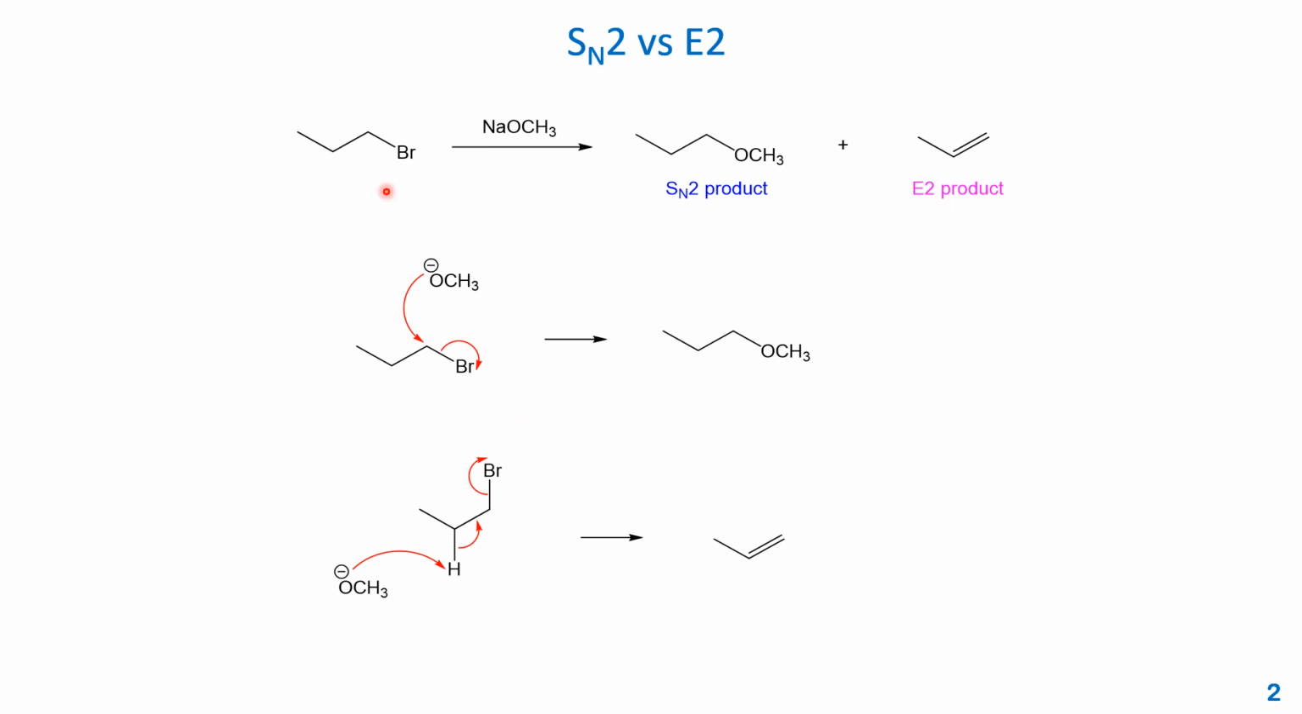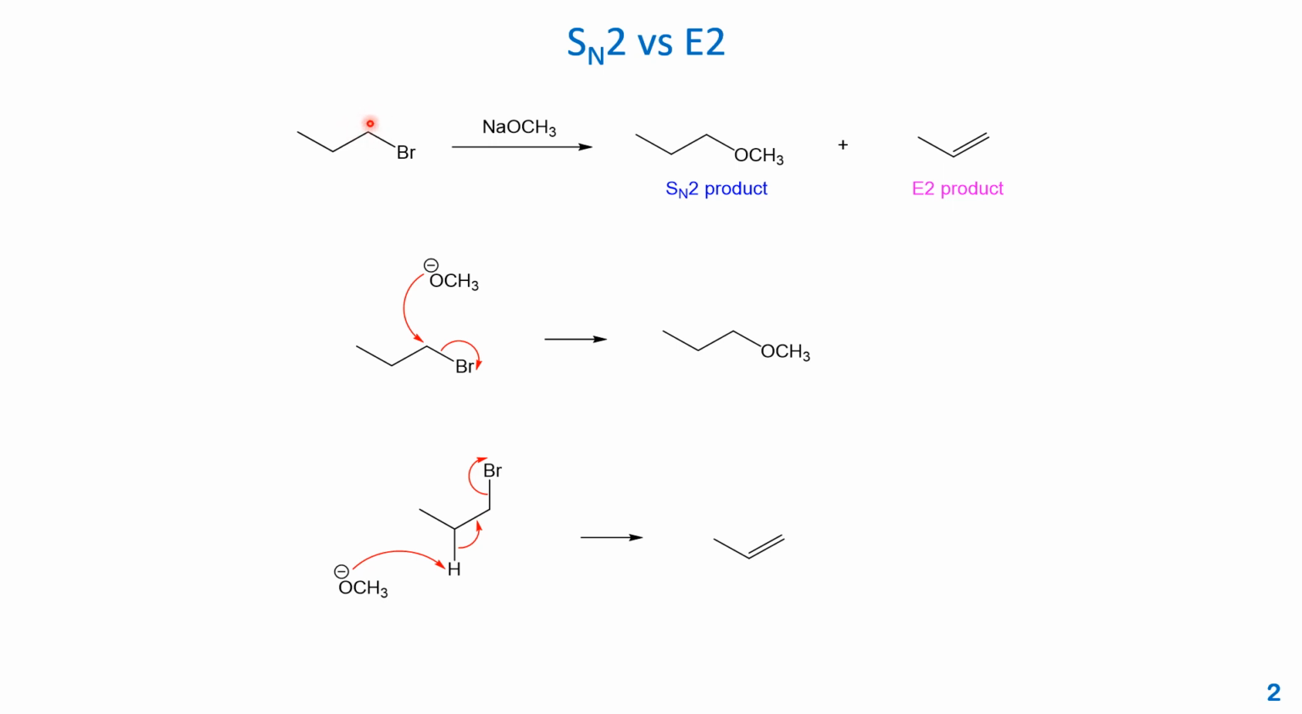Now, this is an example of a primary alkyl halide. And usually for a primary alkyl halide, the SN2 product will be more than the elimination product. So if you want to increase the percentage of the elimination product, you actually can change the primary to secondary or tertiary. So when you increase this